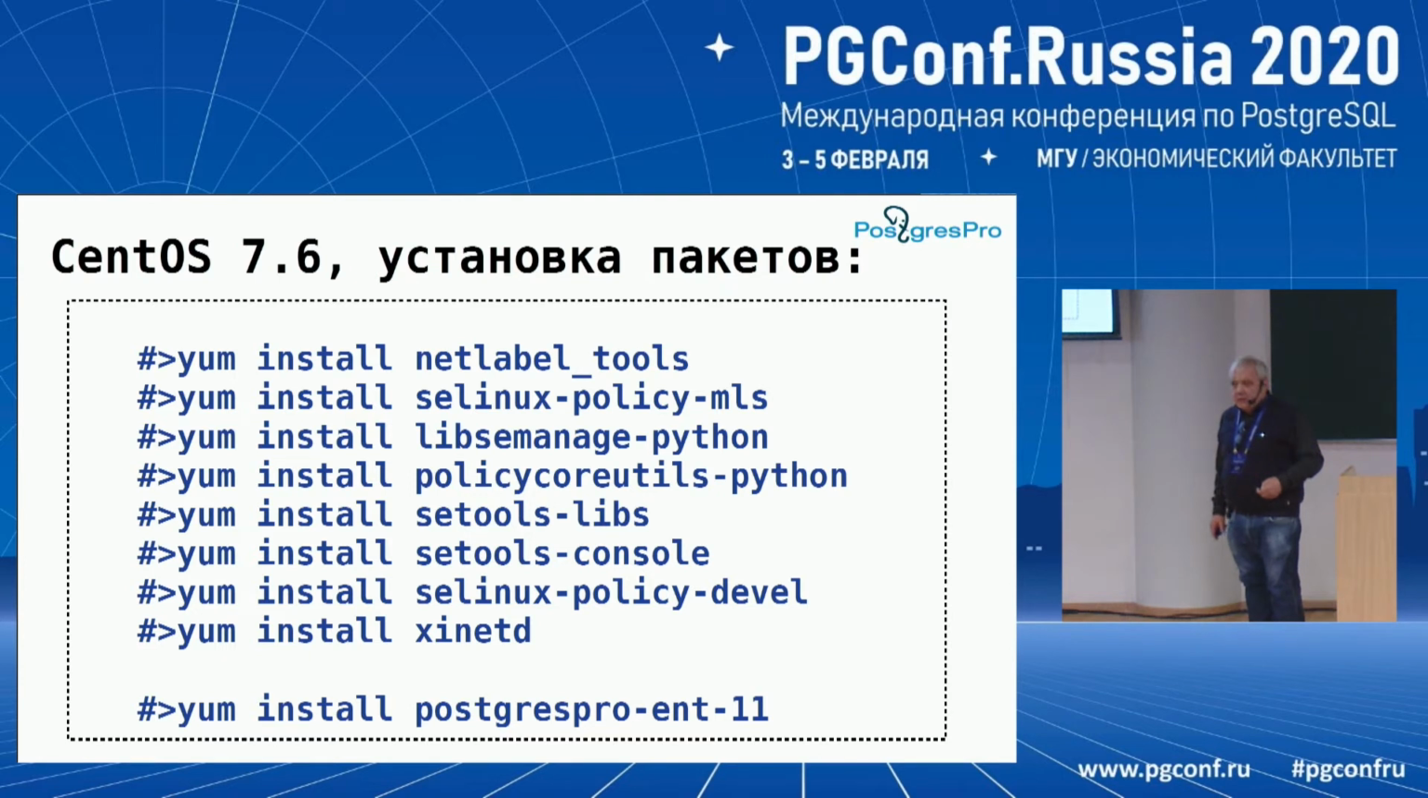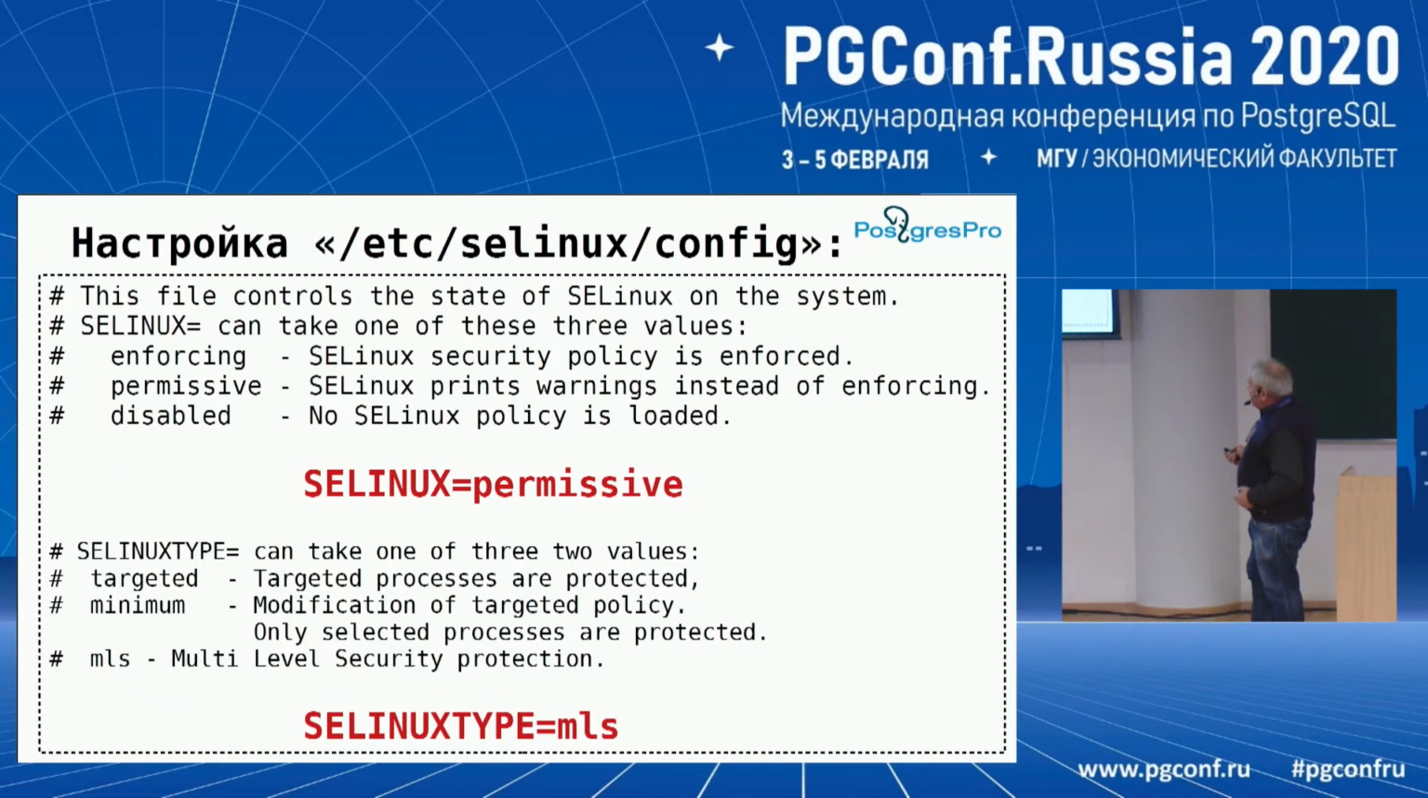Sometimes the guidelines are sophisticated. You may even find Russian translations of those guidelines. Policy MLS, clear. Utilities for control, and Postgres itself. We don't do anything else here. It's important to set SELinux. This is the main setting file, SELinux config. So at the time of development, we move it to the permissive mode. It means that any security violation is registered in the audit log, and the violator may continue doing its work